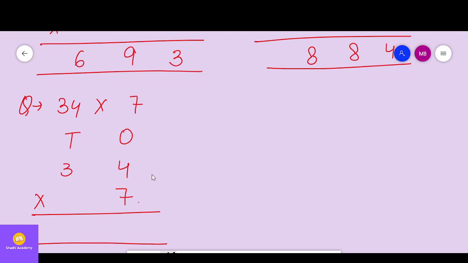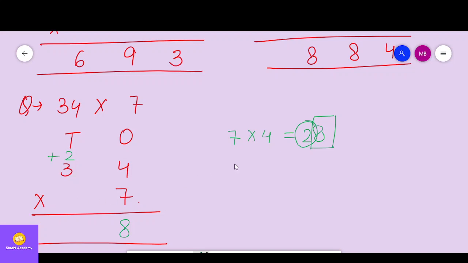So first we will multiply 7 and 4. 7 fours are 28. Now here is the problem which arises in front of us. Here we got a 2-digit number. When we get a 2-digit number, we cannot write 28 here. No, this is very much wrong. So what you have to do in place of this? You have to write the ones digit of this 28 here and you have to take this digit here as carry forward. You have to carry it to the next digit.